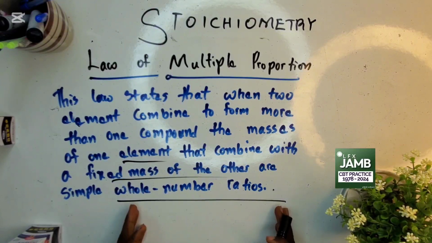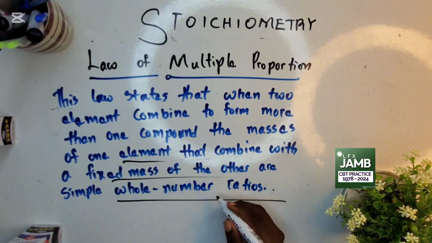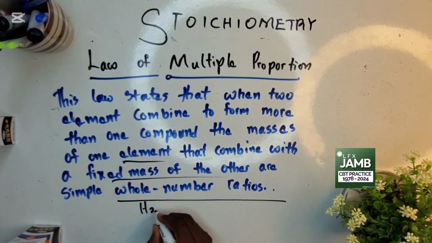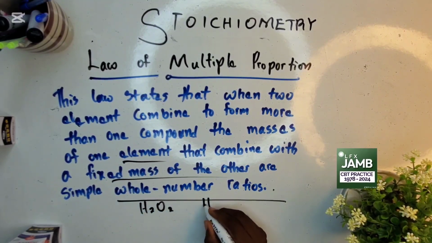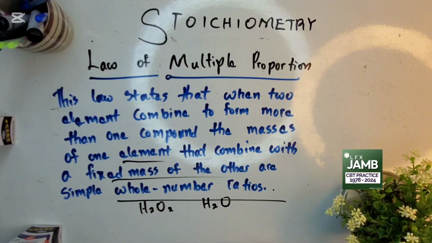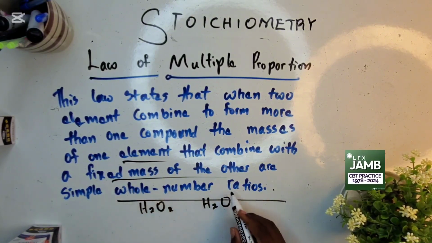I know I said the law of multiple proportion is the extension of the law of definite proportion. So for instance, with H2O and H2O2, the law says they are in a simple whole number